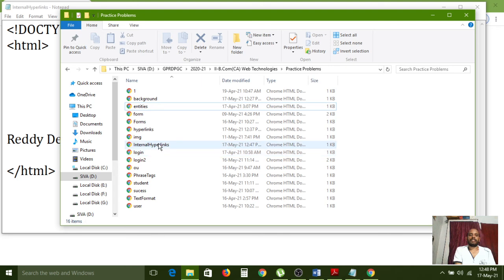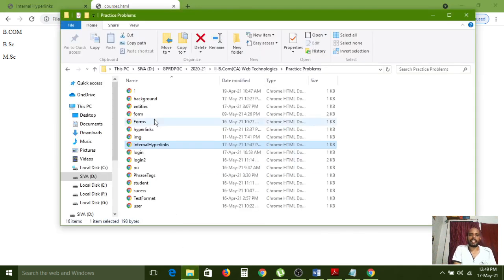Now I am opening this one, internal hyperlinks. Now I am clicking this link. It is also executing because the complete address path for the courses file I gave in the main file. Understand? Like that, different location files also we have to configure in our main file.